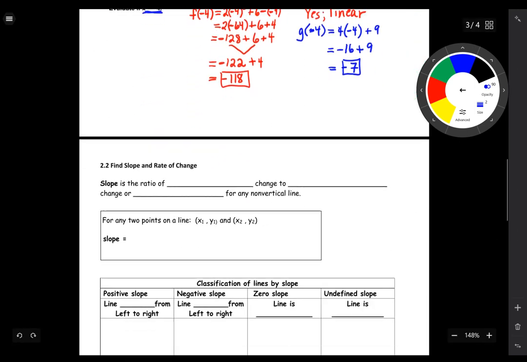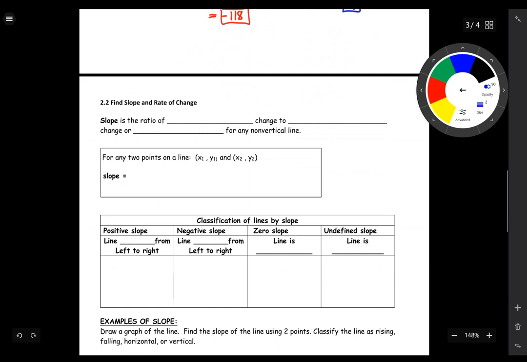Now we're going to move to 2.2. 2.2 is finding slope and rates of change. Slope is the ratio of the vertical change to horizontal change. Or, in simple terms, rise over run, for any non-vertical line. There's a formula instead of using rise over run, so slope is denoted by the variable m, and its formula is